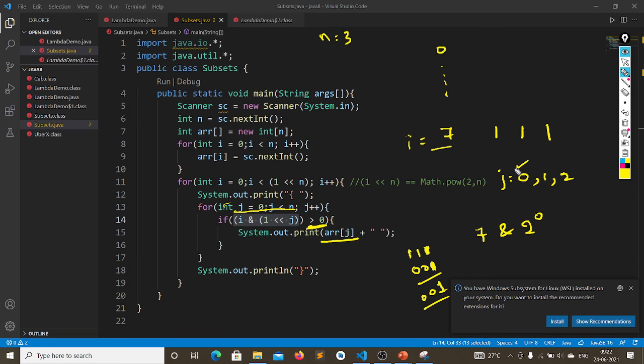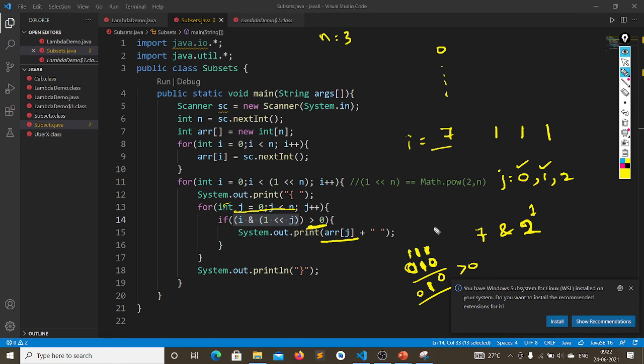Again, j equal to 0 is over. Now I'm checking with j equal to 1. Now 2 power 1. So 7 AND 2 power 1 will give 010. This value is greater than 0. Now we can say that at the second position there is 1, because we are checking with the second one. Why we are doing 2 power 0, 2 power 1, 2 power 2: this position is 2 power 0, this is 2 power 1, this is 2 power 2, so we are checking each position. If the element is present here, I will get 1 only. If the element is not there, I mean if 1 is not there, I will get 0. So the entire thing will be 0, then I will not add that particular element.